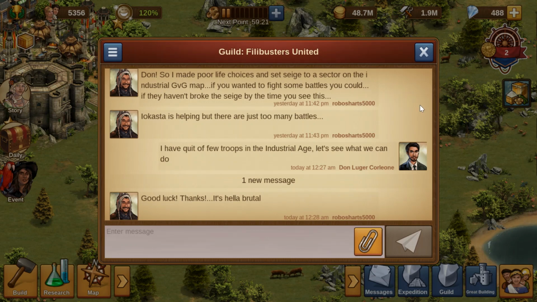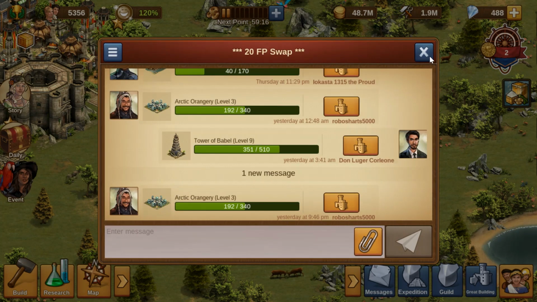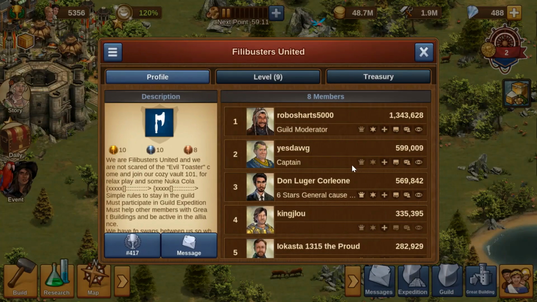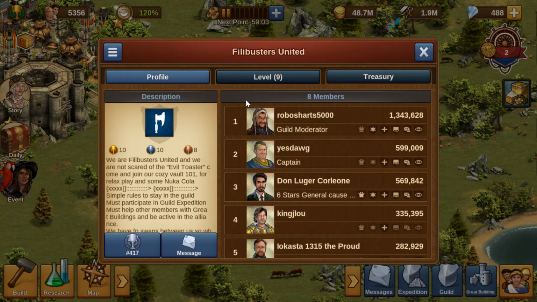It says hella brutal. Okay, I guess we need to find that out. Anyway, so that's the part of the chat. So this is the guild. This is how you get to the guild. You know, it's not very big. We just started it, so